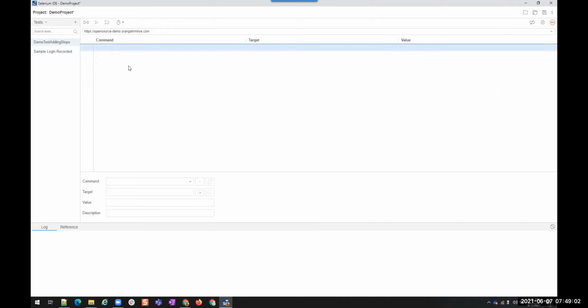Now I clicked on here. First step, you see this command is there. You can select from the range of commands which are available here. You see, these many commands are available. You can select any of these. I want to open an empty space. That means I open this URL and I don't want to go to any other sub page. That is why I'm using this.